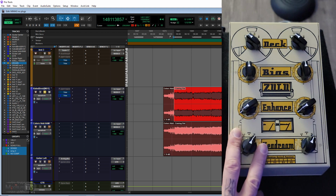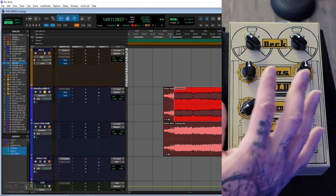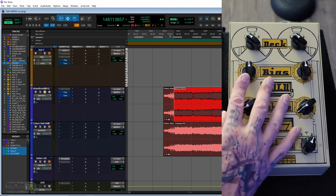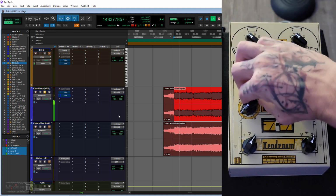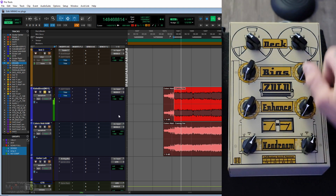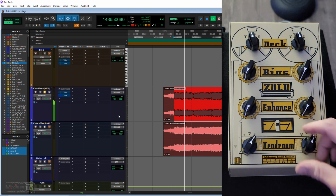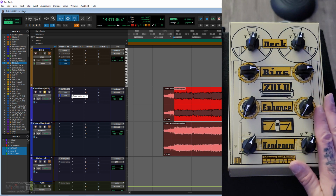Now let's try on a rock mix. I'll play the mix without it first. And like I said, it's impossible to move the knobs and change the settings and at the same time level match. I will just start playing with it. Let's go without it first. And with these settings to start with,